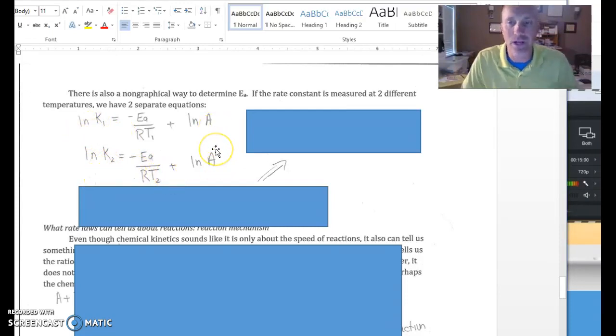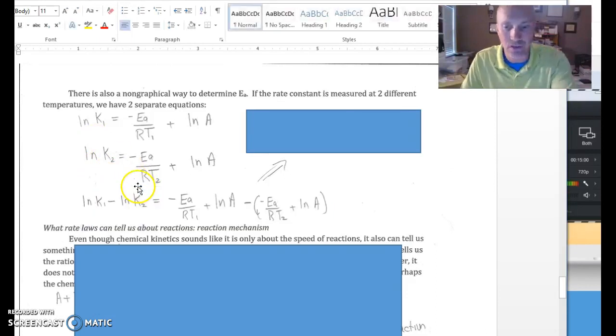All right, I do want to point out there's another way to do this. If A is going to be the same no matter what the temperature is, you could rearrange this equation to say blah blah blah equals ln of A. You could do the same thing over here, and since after you rearranged it, ln of A here would equal ln of A here, the things that you rearranged would equal each other. You would end up getting the same thing as what you do here, which is when you subtract the two equations from each other. All right, ln of K1 minus ln of K2 would equal this right here